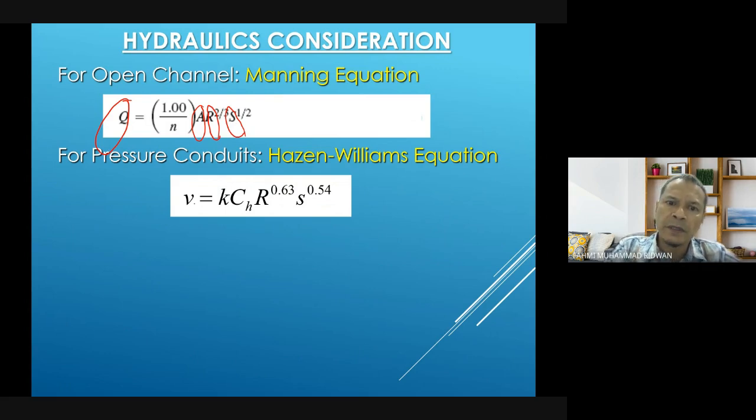To determine the velocity of the water inside the conduit, it depends on the Hazen-Williams constant, multiplied by the hydraulic radius and also the head loss